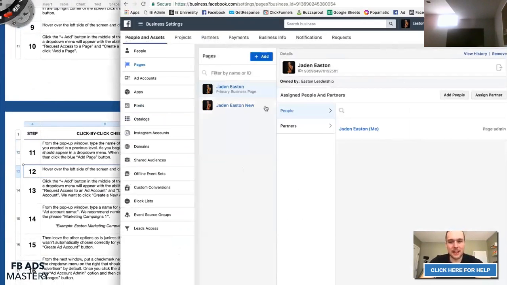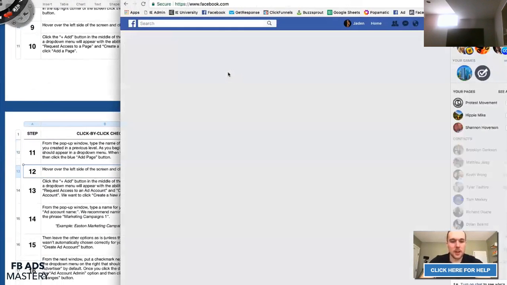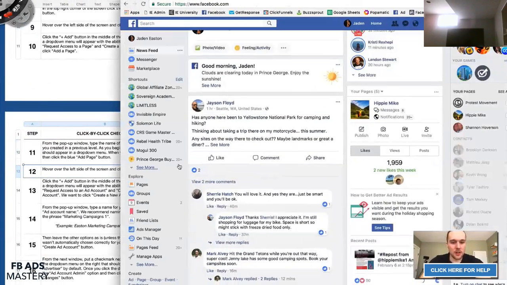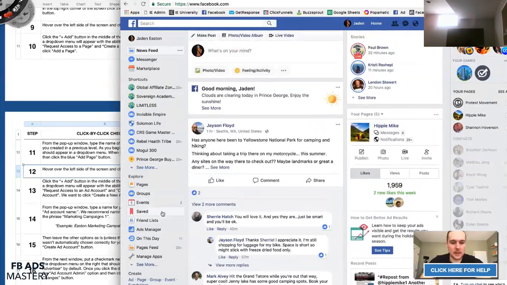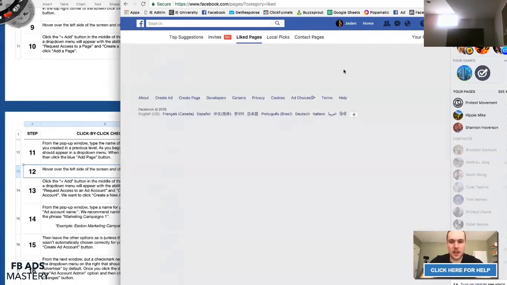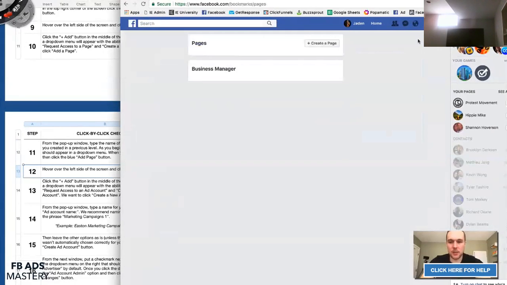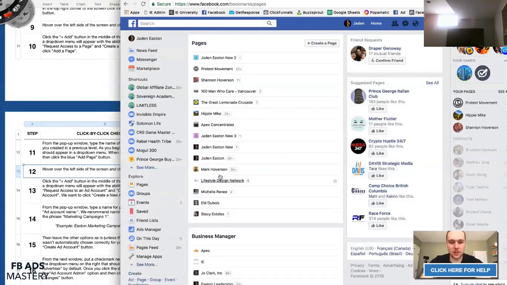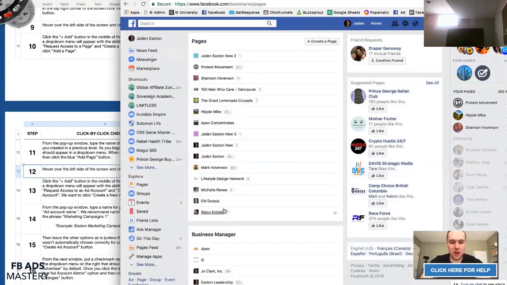But before I get into that, I just want to show you what I mean when I say that now the fan page is going to look a little different. You'll see here if I actually go into my pages, and this is also, if you're wondering how you access your pages, you can click Pages over on the left side and Explore. And then on the very right, you go to Your Pages. And you can see these are all the pages that I manage or that I own.